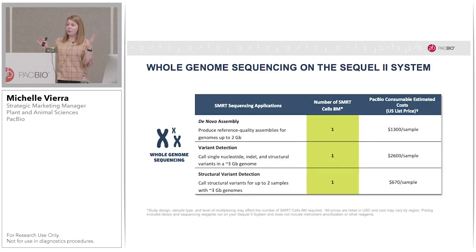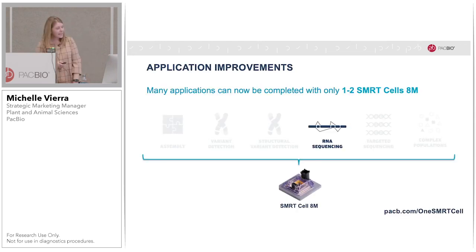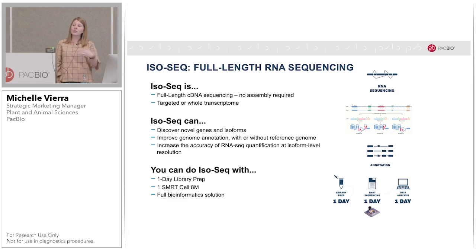So just to reiterate, whole genome sequencing on the Sequel II system is looking really good. Most projects can be done in a single SMRT Cell or two, and the analysis time is really quick. I like to joke that 10 out of 10 bioinformaticians choose HiFi over long read data because it's so much easier to work with. So taking a look at RNA sequencing as an application,